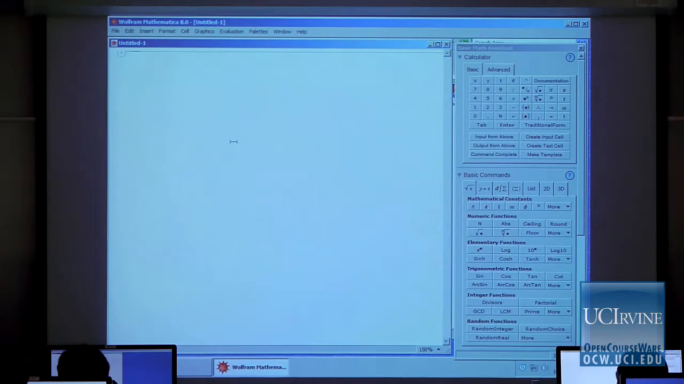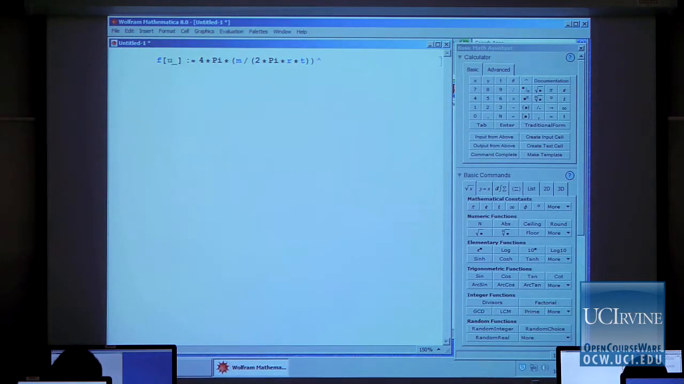Okay. So for the first three things that I listed there, we need to have the Maxwell-Boltzmann distribution typed in. All right, so I'll just type it in now. F of u underscore colon equals 4 times pi times m divided by quantity 2 times pi times R times T, parentheses, parentheses, power, parentheses, 3/2, and then times u squared, and then times the exponential factor, so that's going to be e